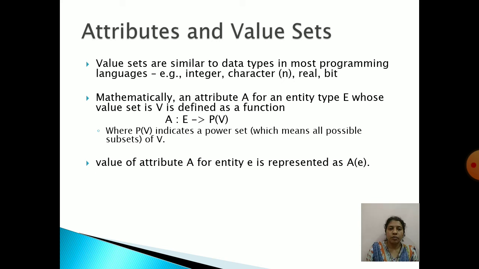Now, what is P(V)? It indicates the power set. That means you have a set of values, and from that set of values you'll take the value and assign it to attribute A of entity type E. Then the value of attribute A for an entity E is represented as A(E). A(E) indicates the value of attribute A. In the above definition, it says for an entity E and attribute A, you can take the different values from the power set P(V).